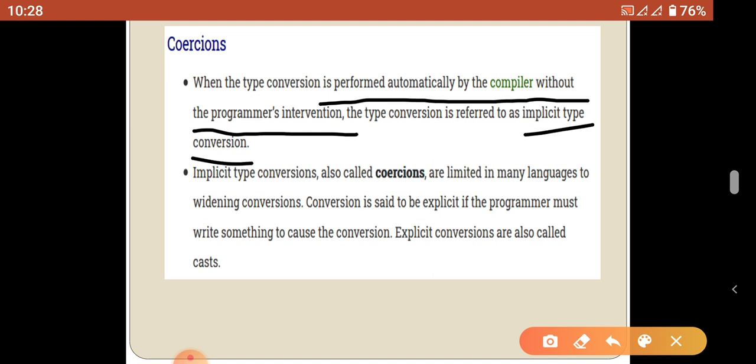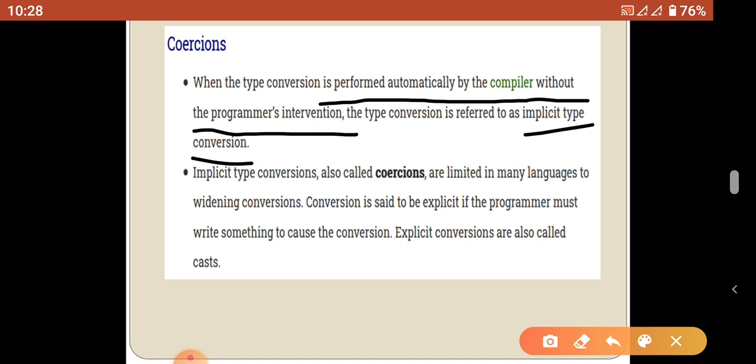We already discussed that. Without any data loss the compiler can convert one data type into another data type, without any programmer's intervention. The programmer need not perform any type conversion operations. This is performed by the compiler itself.